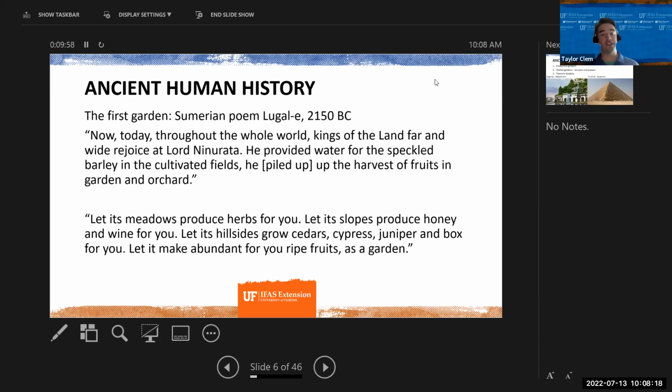Later on, it also says, let its meadows produce herbs for you. Let its slopes produce honey and wine for you. Let its hillsides grow cedars, cypress, juniper, and box for you. Let it make abundant for you ripe fruits as a garden. Isn't that neat? So when this was written, interpreted as around 2150 BC,